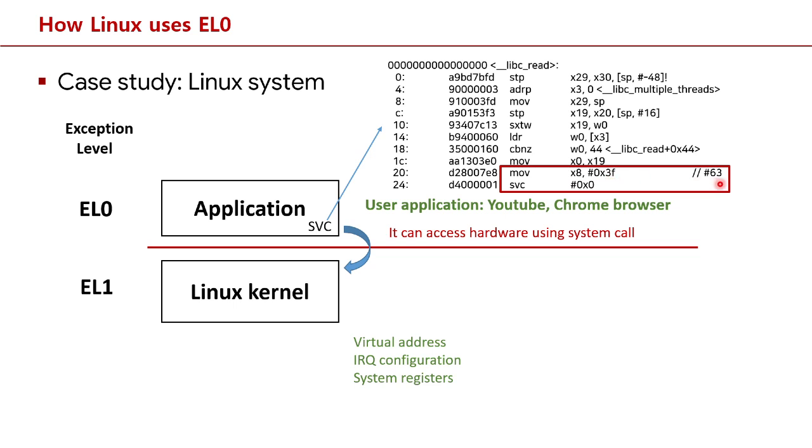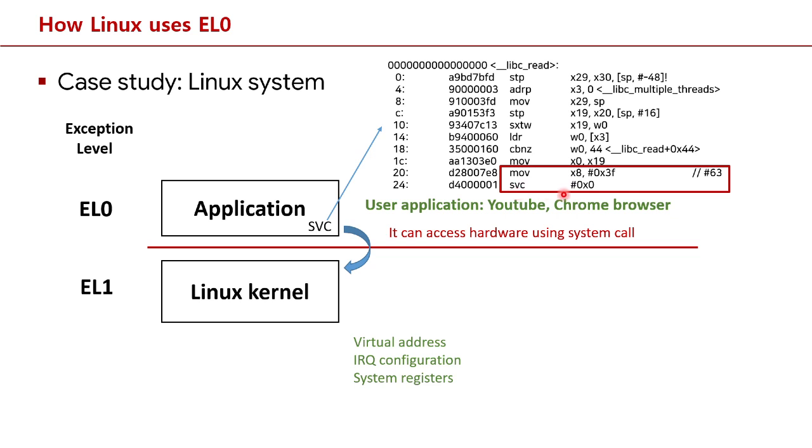Here 63 corresponds to this hexadecimal data. In other words, 63 is the system call number for the read system call operation. So before the SVC assembly instruction, the system call number should be specified,